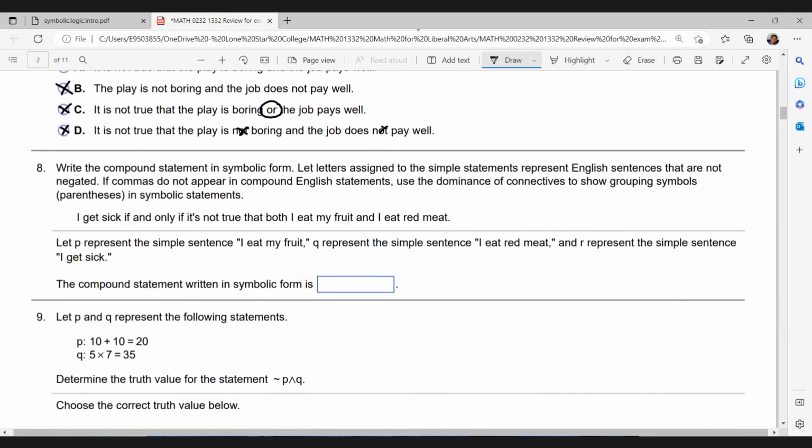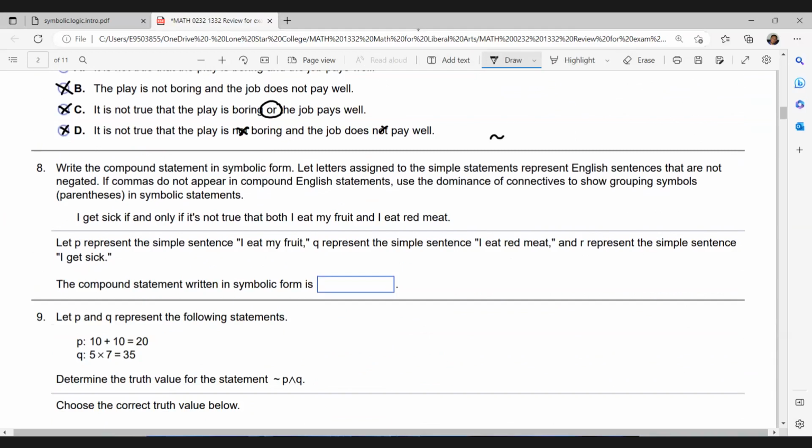Number 8 is write the compound statement in symbolic form. Let the letters assigned to the simple statements represent English sentences that are not negated. If commas do not appear in compound English statements, then use the dominance of connectives to show grouping symbols, parentheses, in symbolic statements. Okay. So, out of all of these,